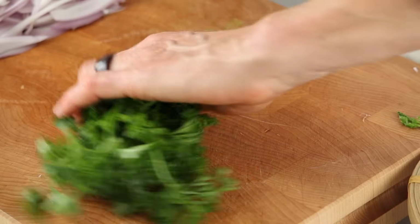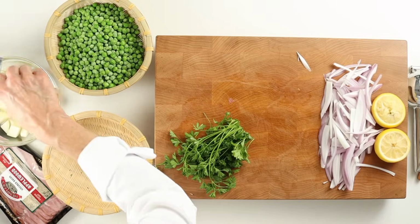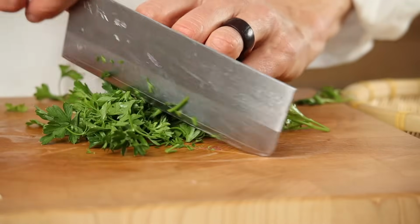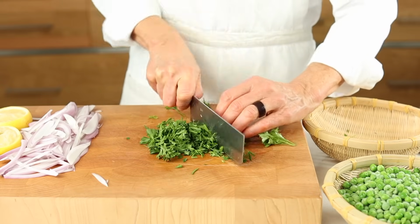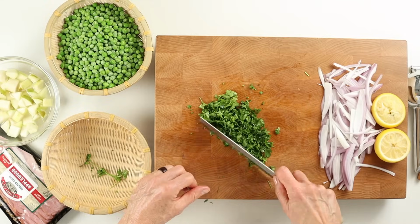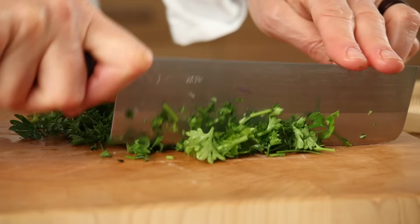Next, a handful of freshly chopped parsley. You can also swap in basil, tarragon, or oregano. Simply clip the stems, and then a fine chop across the bunch with your crab hand, using your knuckles to guide the blade. Gather into a pile and rock chop by anchoring your knife at the tip and fine dicing